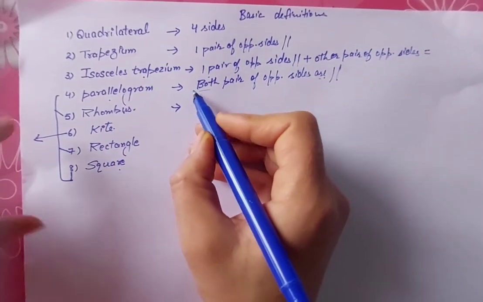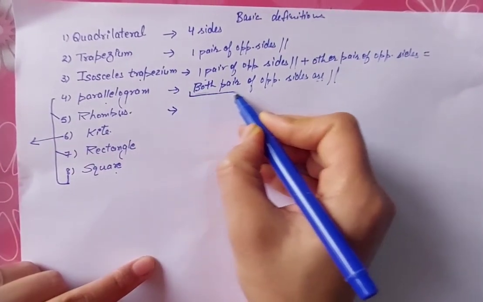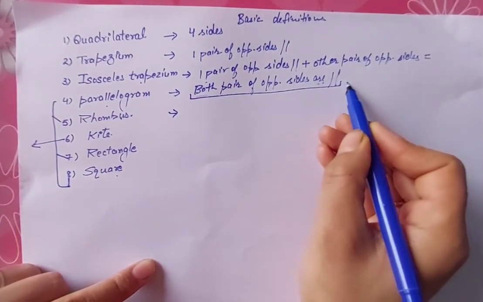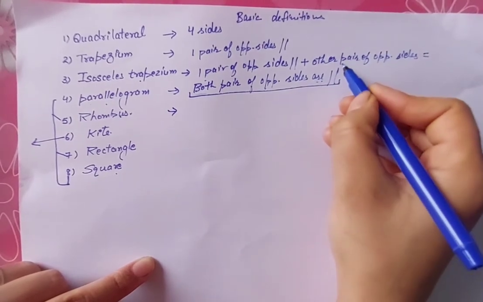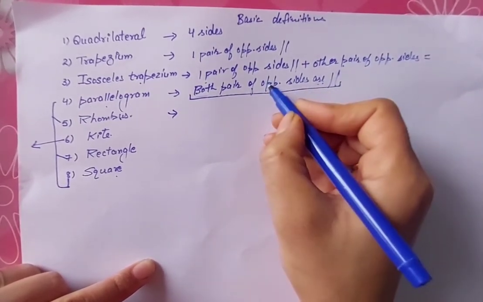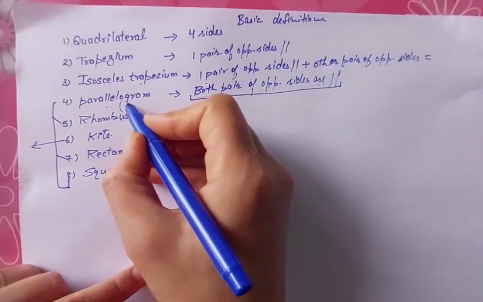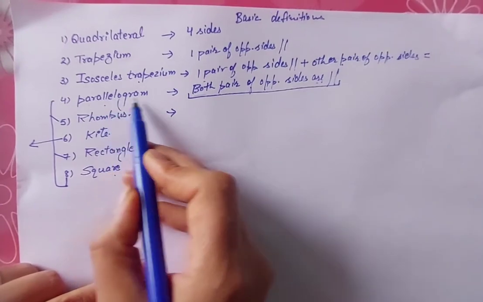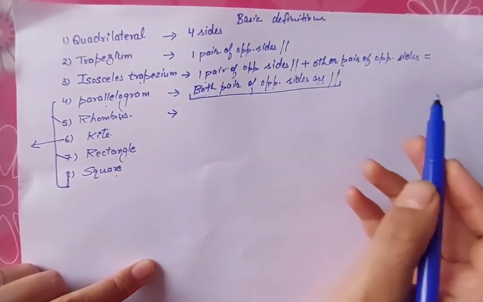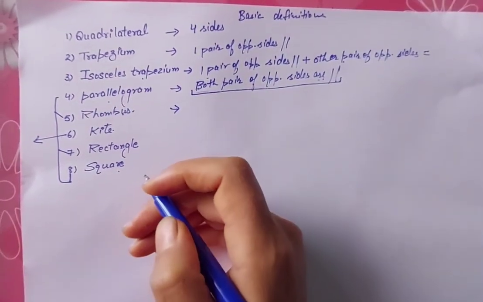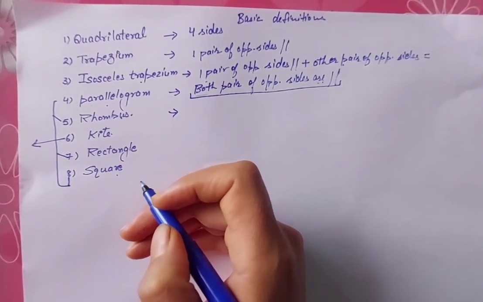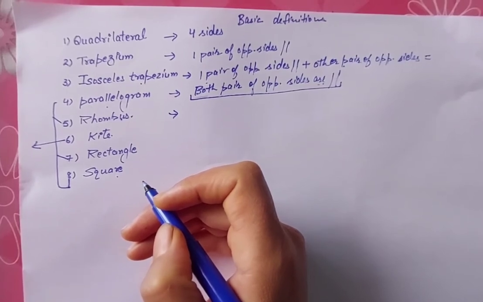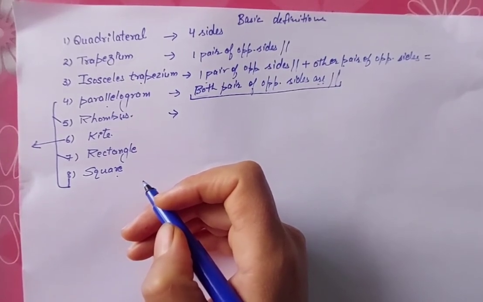See, just now what did I tell you? It's enough to say that opposite sides are parallel. And I said that the rest of the properties are linked to it. If I ask you to prove that in a parallelogram opposite angles are equal, suppose this is my question: prove that in a parallelogram opposite angles are equal. So what is given to you? You have been given a parallelogram, and what to prove? Opposite angles are equal. So what to prove we know, but what is given?